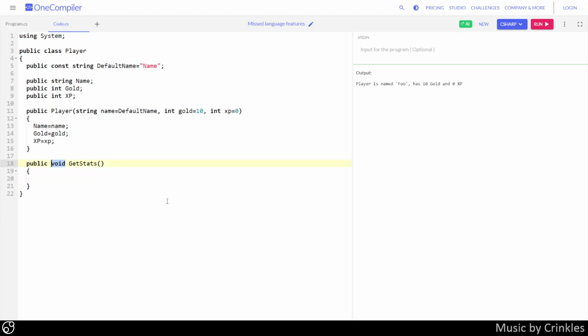So what we do is define a return value, and we're not saying this is a value tuple. No. We have special syntax for this. We use normal brackets, and in here we define the values that are stored in this tuple. So we might have int gold and int xp. So similar to writing out a struct, which is just a field gold and a field xp, we just have these normal brackets with gold and xp. And